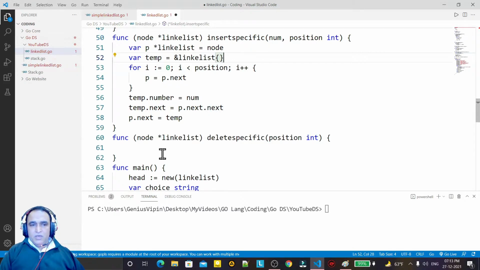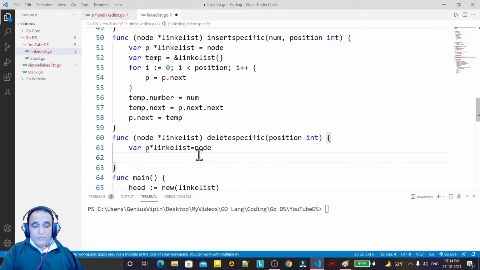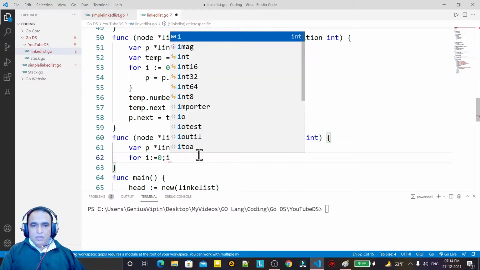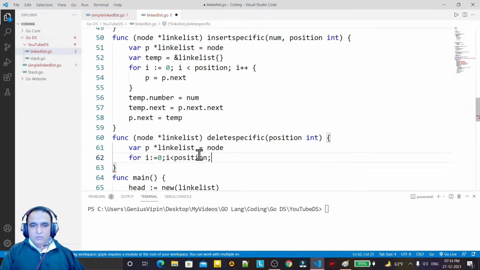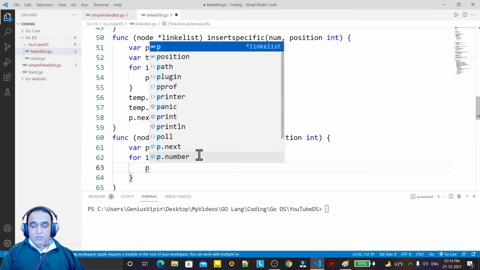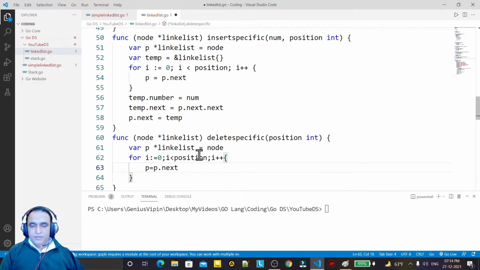Now we have to delete from the specific position. For that, again I have to create a p variable, then I say linked list, then I have to pass a node, then I have to use a for loop: for i 0, i less than position, i plus plus, p equal to p dot next, same thing.